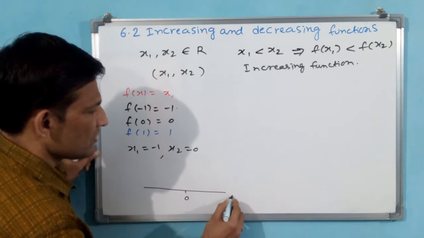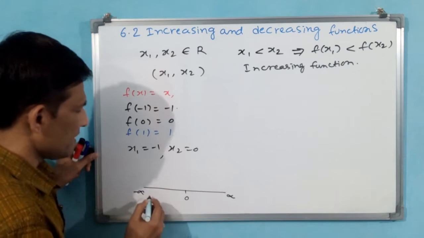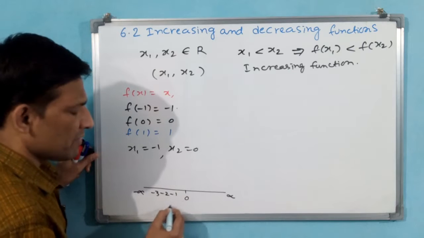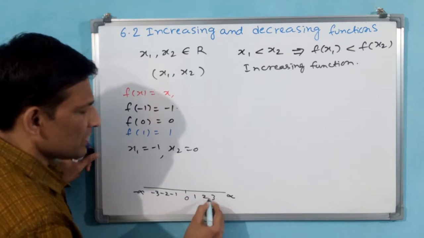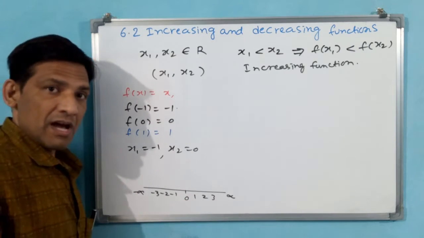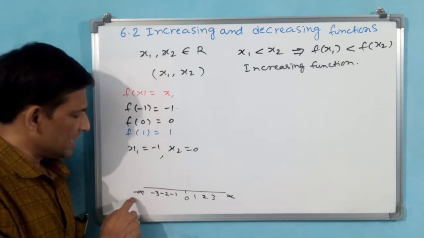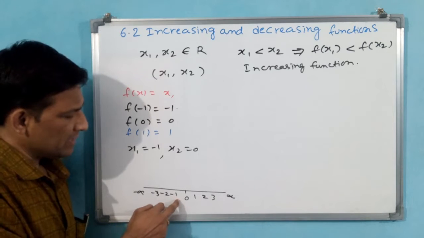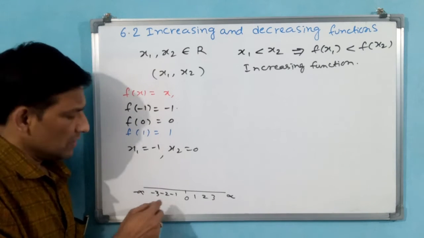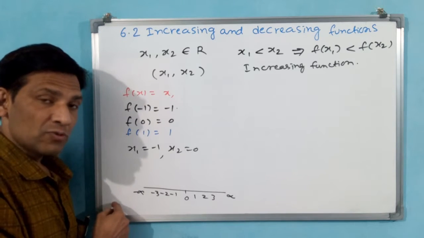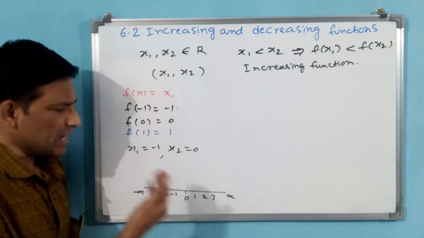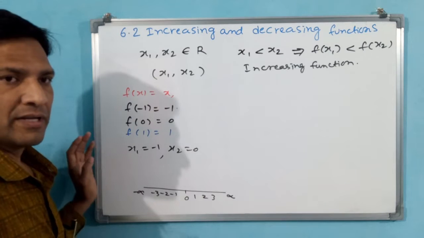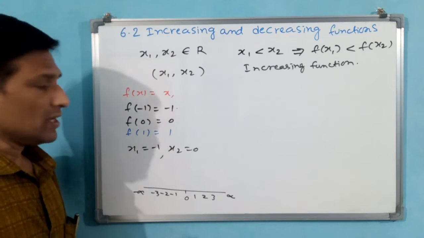This is 0, this is plus infinity, this is minus infinity, but here -3, -2, -1 will be there. Here 1, 2, 3 will be there. Okay, always 0 is greater than minus infinity, -3 is greater than minus infinity, -1 is greater than -3, -2 is greater than -200. Whatever it may be, if the number is bigger on the minus side, the negative side, the value will be smaller.